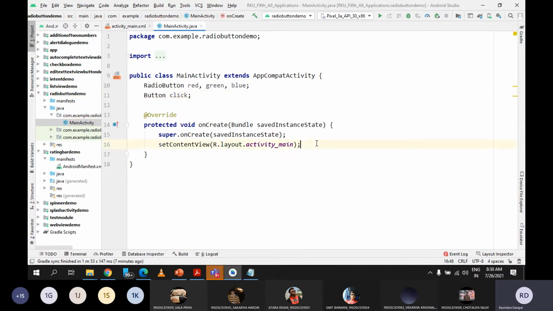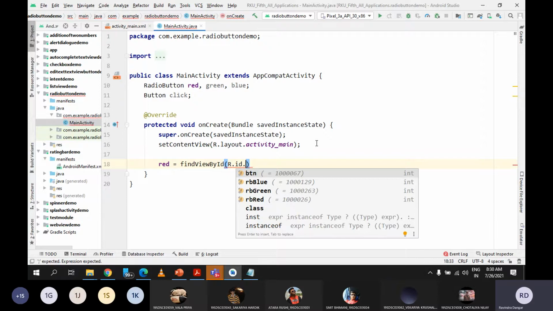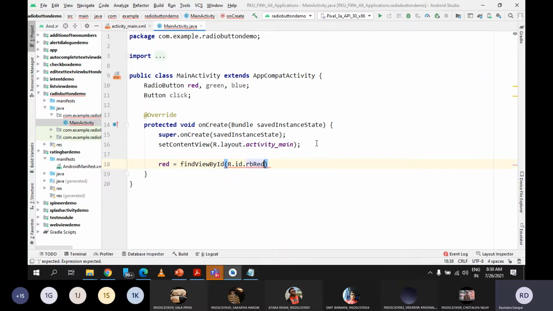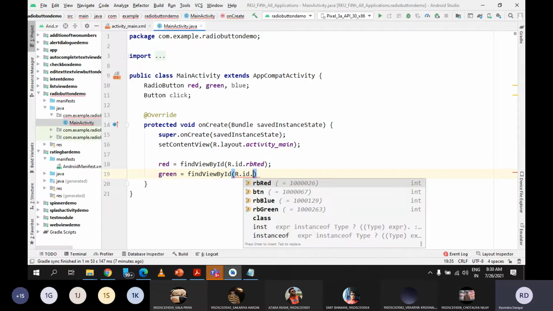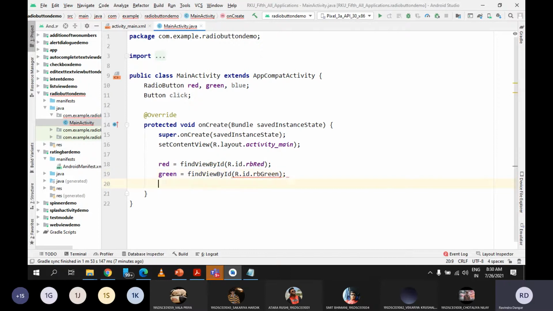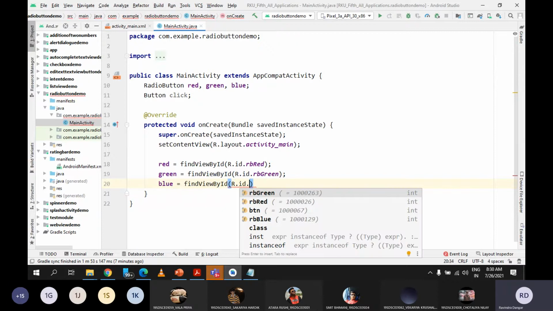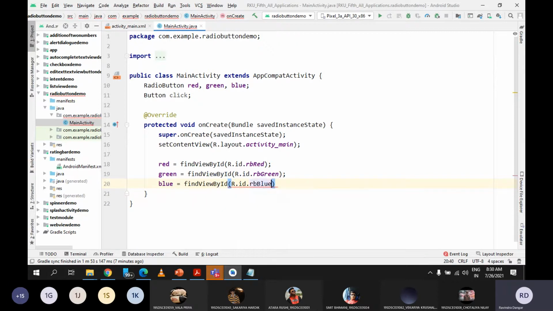Now here we can find the IDs of all 4 components. Red equal to find view by ID r dot id dot it was rb red. Similarly, green equal to find view by ID r dot id dot it's rb green, and blue equal to find view by ID r dot id dot it's rb blue.